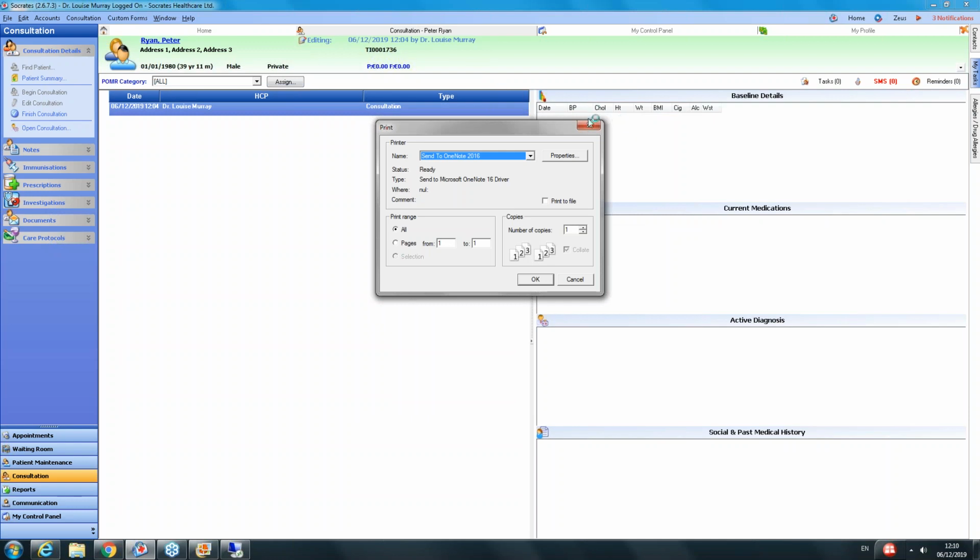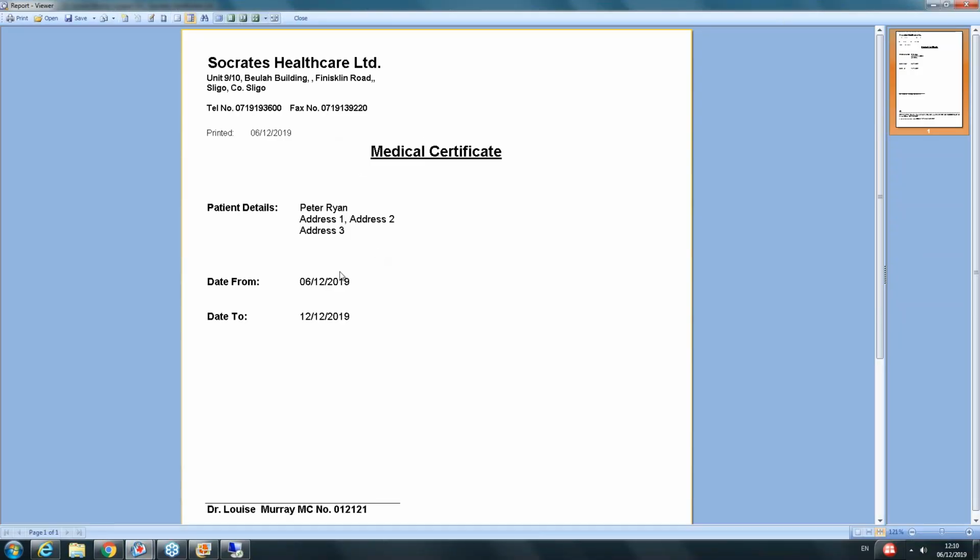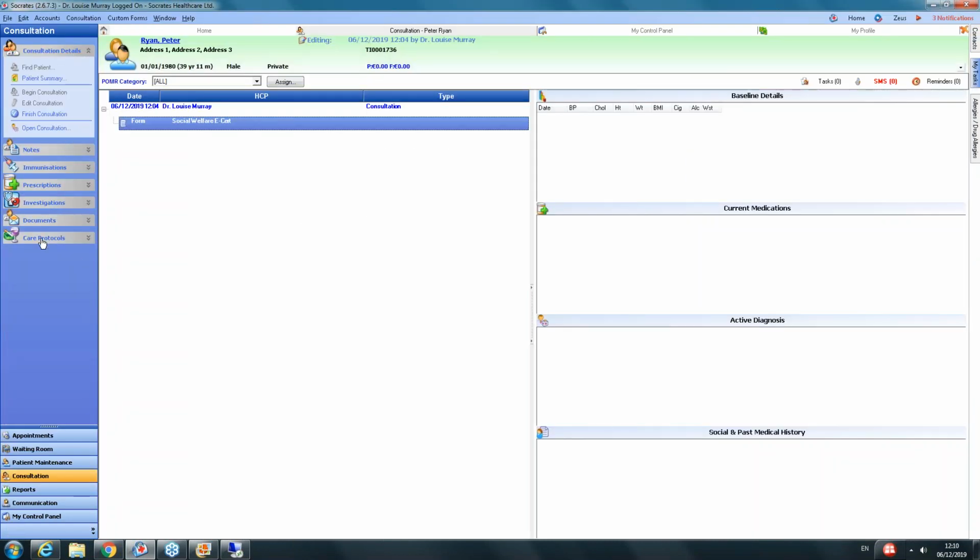Okay, then it's asking you, do you want to print it off? Which in this scenario, we don't really want to. So in here now, it says the social welfare certificate is here, and that's just a kind of copy of a record of it. And that's one way of sending off